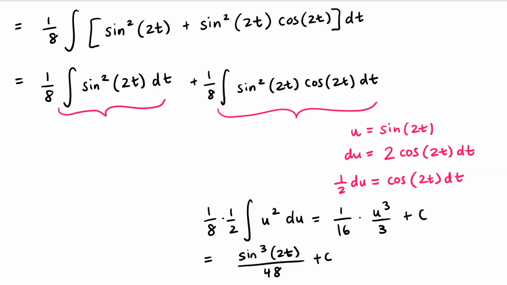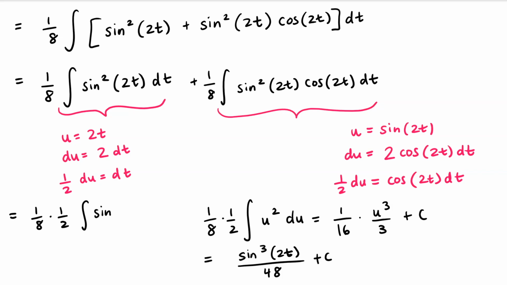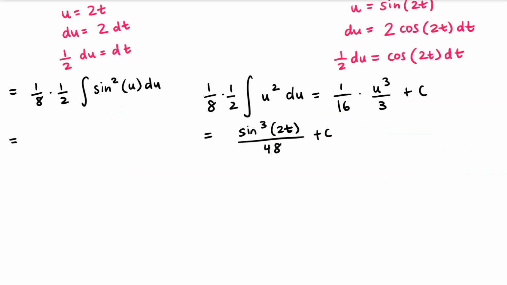Now in this integral here, I'm going to use u substitution as well by letting u equal 2t. Then du is going to equal 2 times dt, and dividing both sides by 2, we get 1/2 du is equal to dt. So then we'll have 1/8 times 1/2 times the integral of sine squared u du. So 1/8 times 1/2 is going to give us 1/16, and in order to integrate sine squared u du, I'm going to use the power lowering formula, and so that's going to give us 1/2 times 1